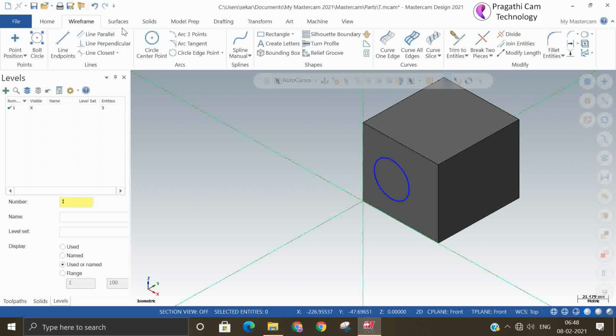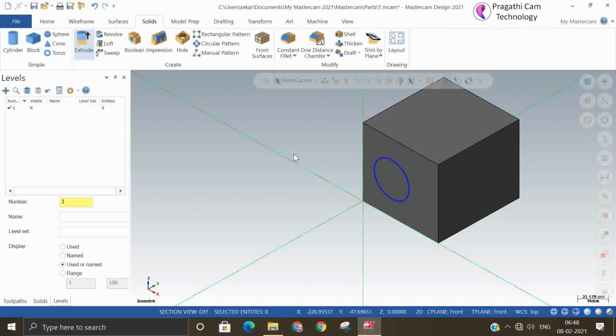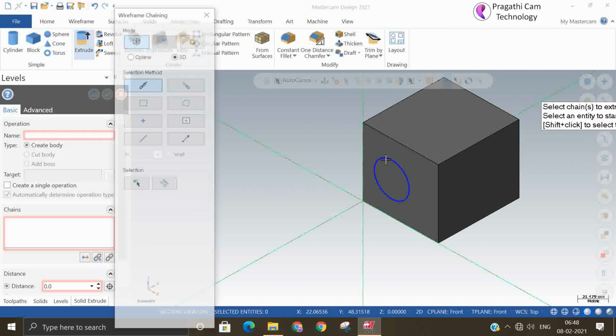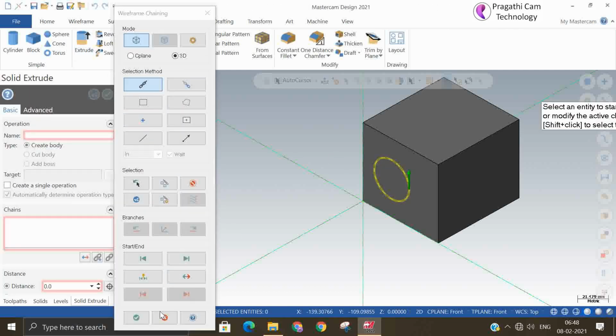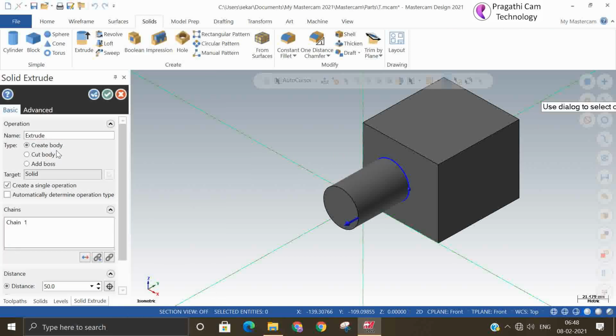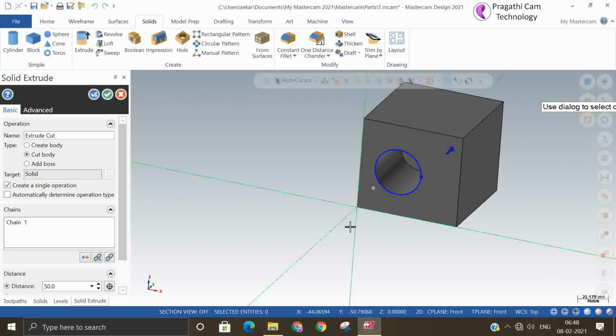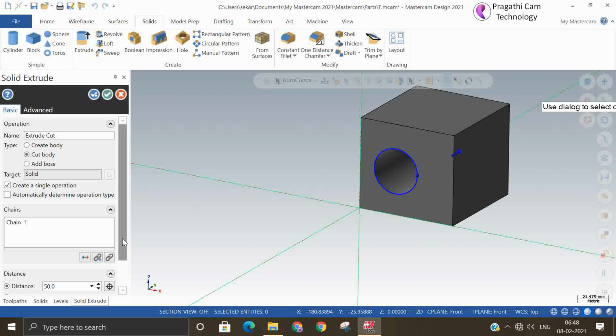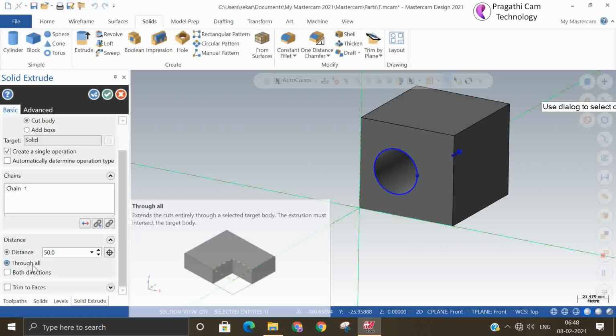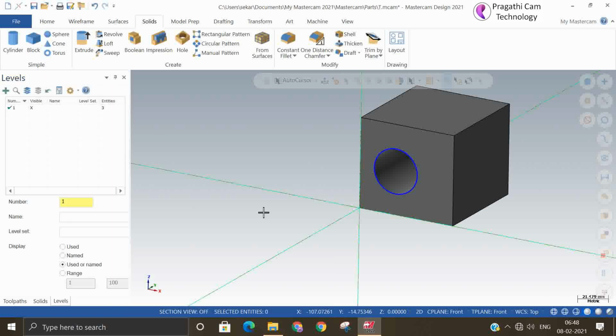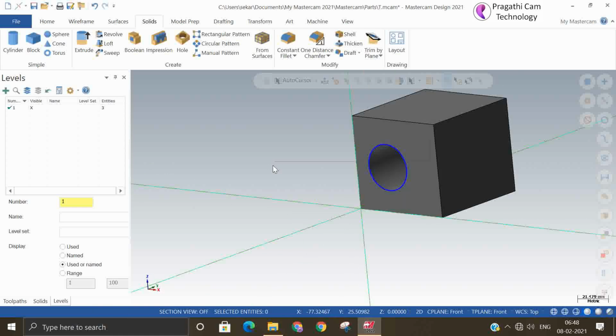Solid extrude. Now direction. Just click on that arrow. Clicking on the chain automatically changes the direction. So cutting through all. Okay. So now this is the model, a solid model.